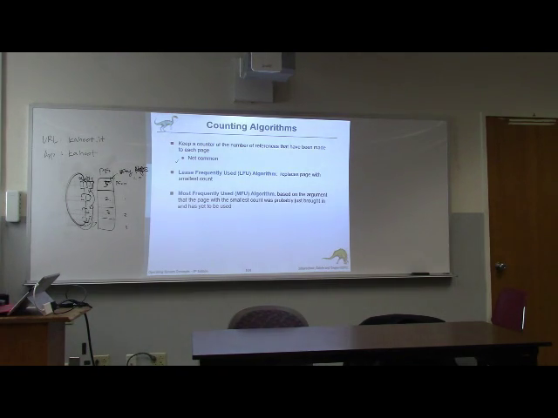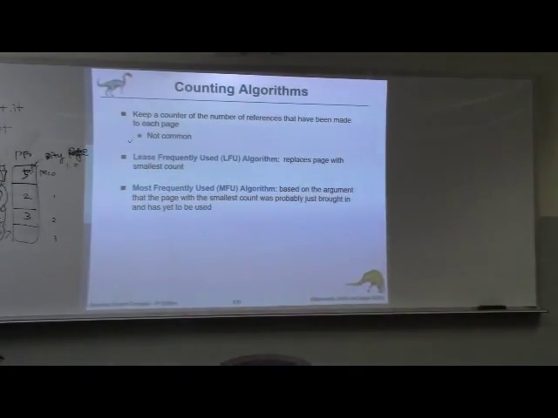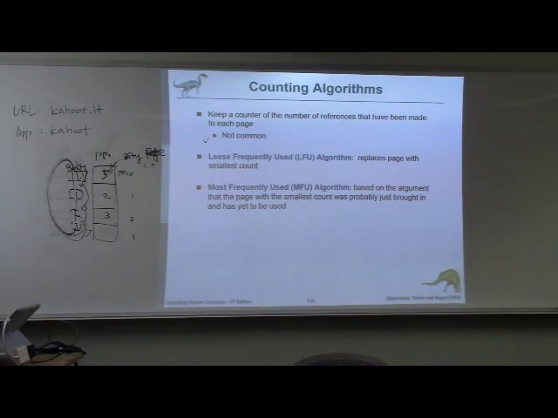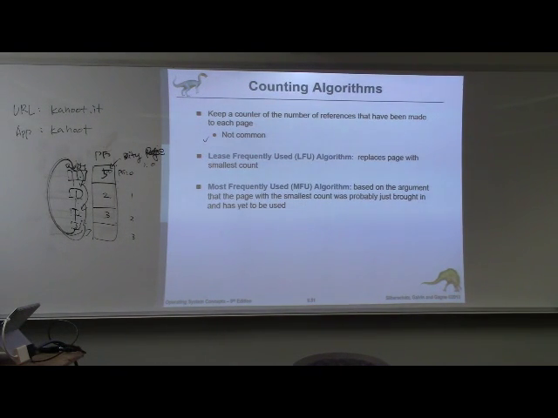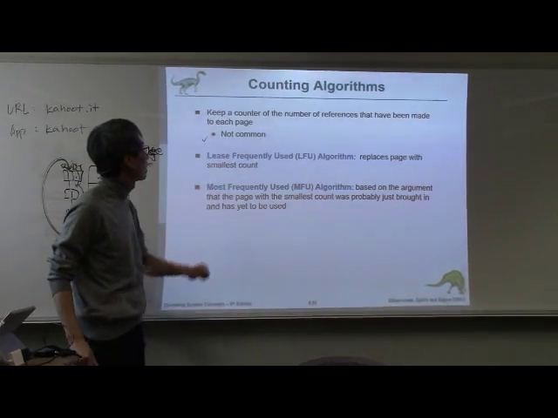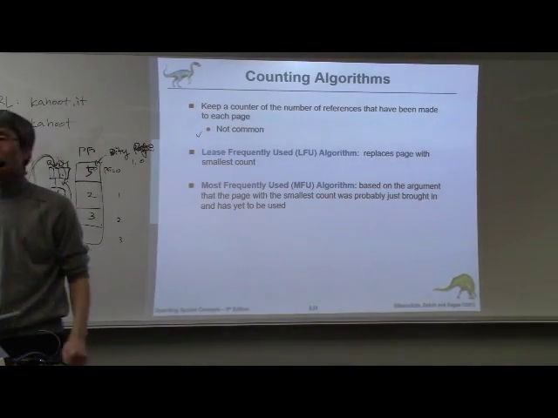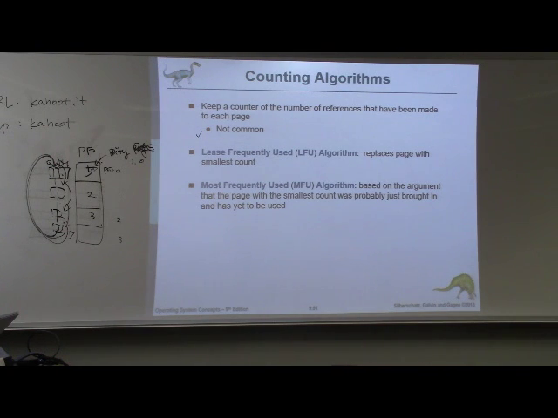There is another approach. What if we consider the frequently used one? It's the opposite of the least recently used one, using the frequency instead. Okay. Obviously, it's nice to select the least frequently used one. However, sometimes you can select as the victim the most frequently used one. For what? In case